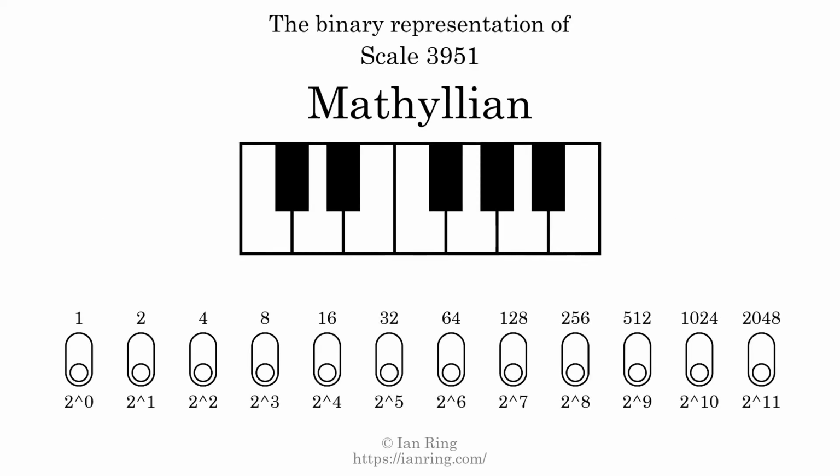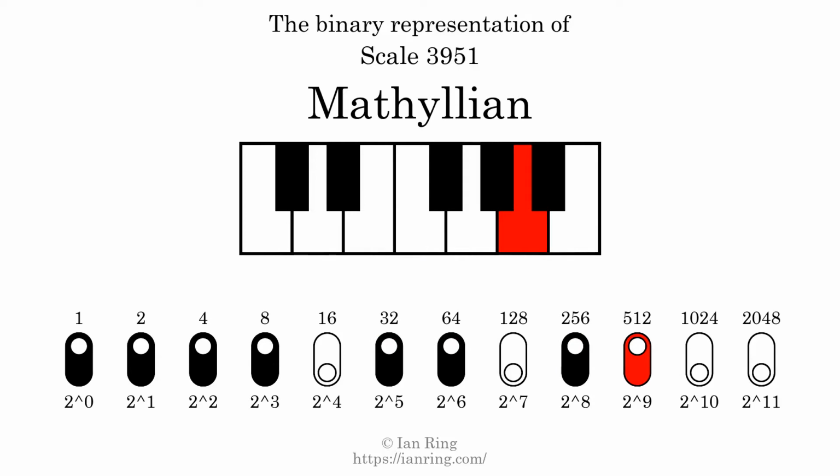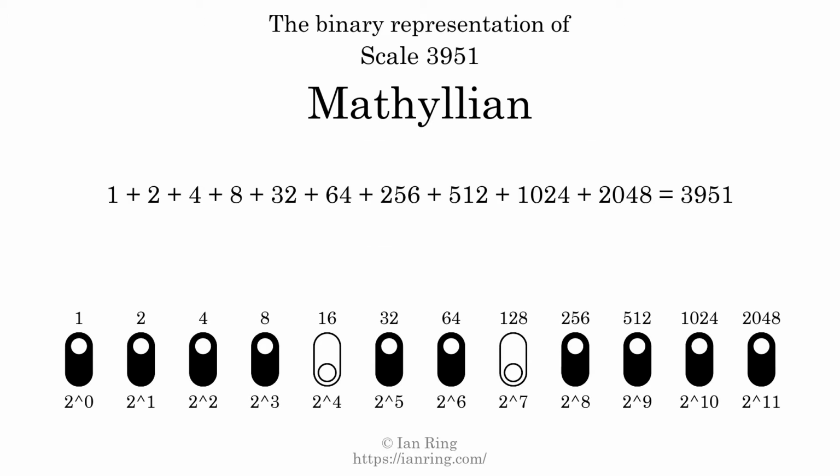The binary representation of this scale is determined by mapping tones of the scale to binary digits. Each binary digit represents a power of 2. To get the scale number, we add the powers of 2 together. The powers of 2 that are present in the scale, all added together, equals 3951. That is why the scale number, in decimal, is